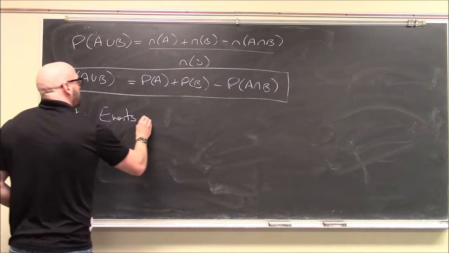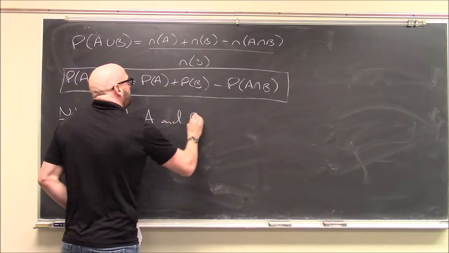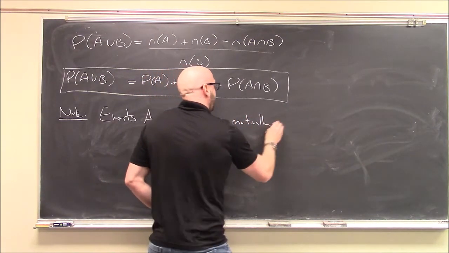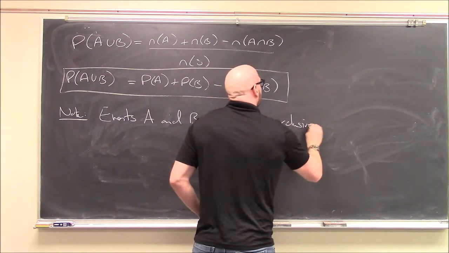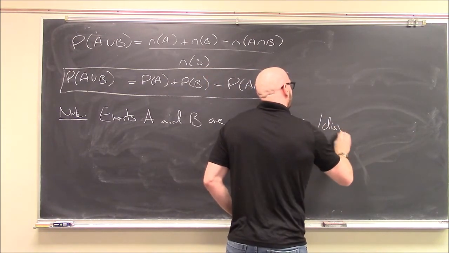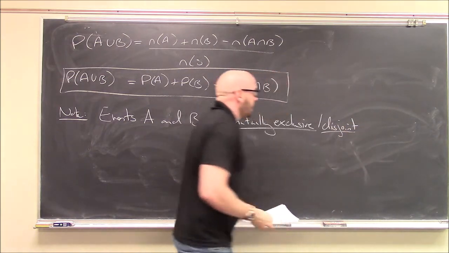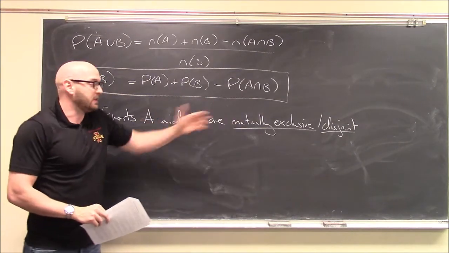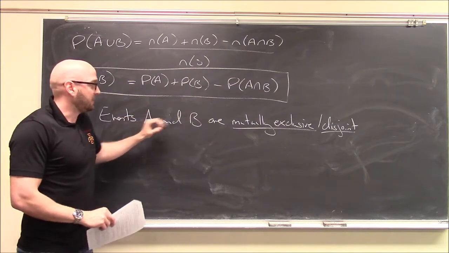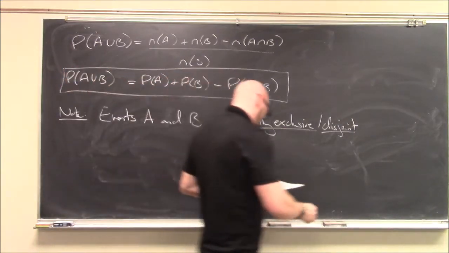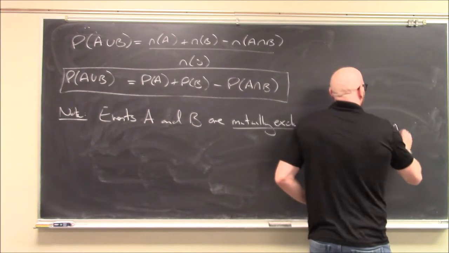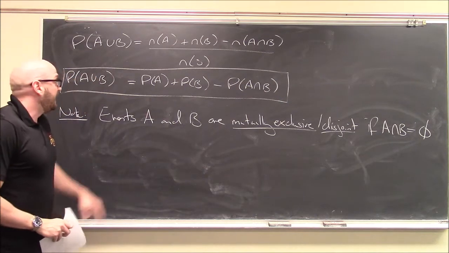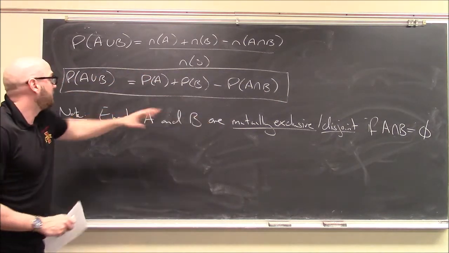Events A and B are called mutually exclusive, or just disjoint, if they're disjoint sets. Remember, events are actual sets, so they're mutually exclusive or disjoint if they're disjoint sets, meaning that they don't have any overlap. The intersection, A intersect B, is empty. So if A intersect B is empty,